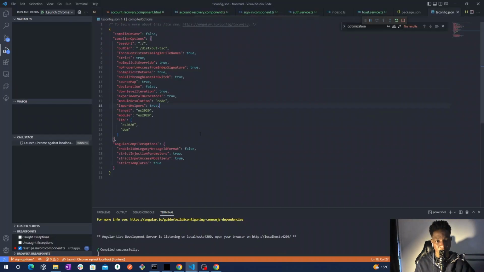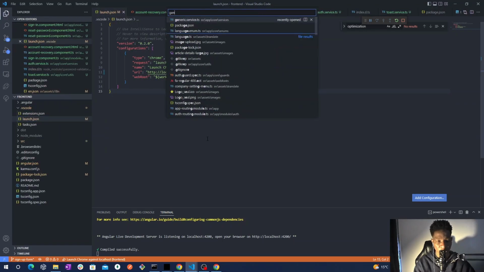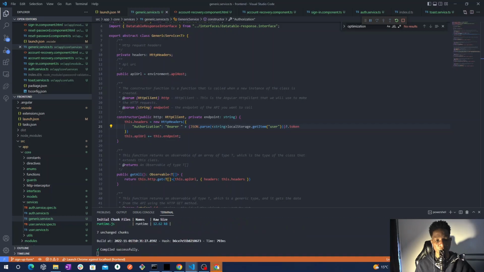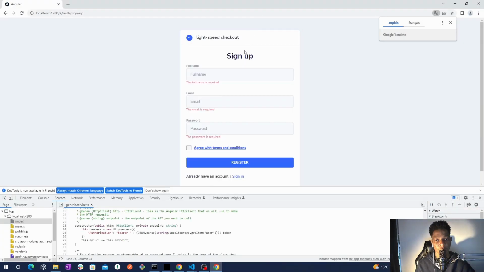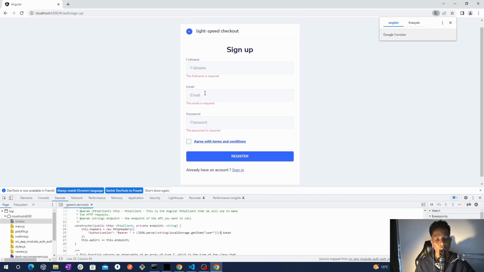Okay, I don't know why, but we have something to fix inside the generic service here. We need to check this user. Yes, we need to check this user. So here we have our form, and now we also need to